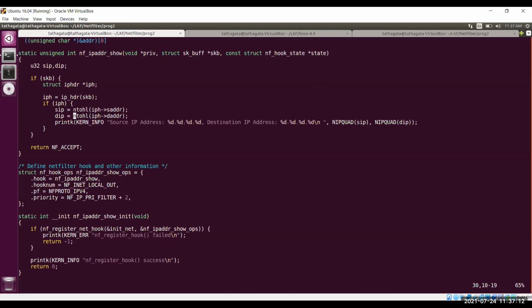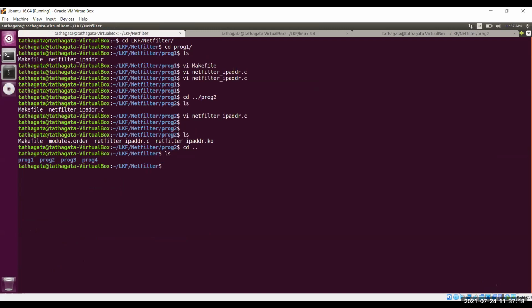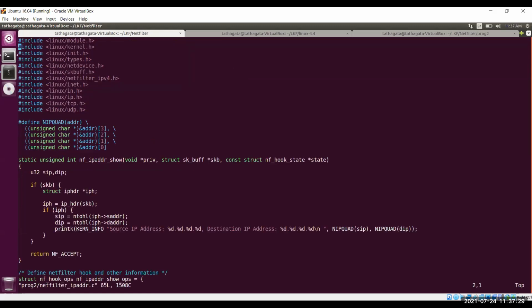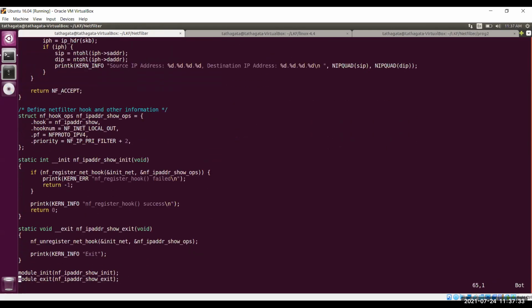So let us then check that harder one. But again, just going back to that program, the other part is quite simple, right? There's nothing else that you need to worry about.